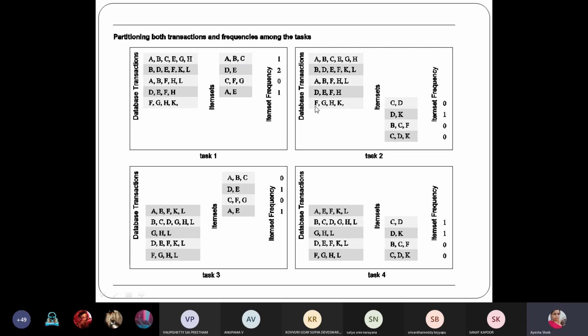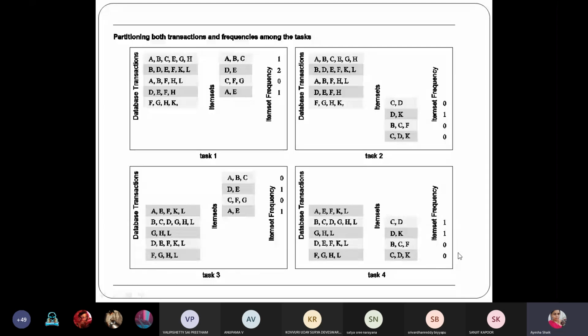Similarly, for the same database transactions but different item sets, I get the frequencies. For the other half of the database transactions, I provide this item list and get the item set frequencies, and similarly with the varying item sets.